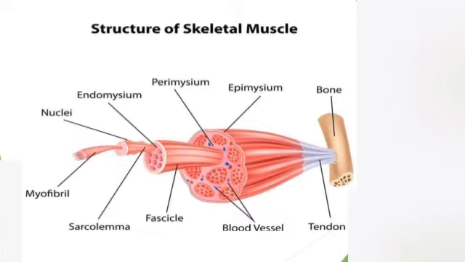When we talk about the myofibril, it is basically composed of two types of filaments known as myofilaments. Number 1, actin filaments, and number 2, myosin filaments. Each bundle of myofibrils is composed of collagen fibers and connective tissues as well. At the end of these collagen and connective tissues, tendons may form, and as we discussed, tendons are basically the attachment of muscles to the bone. Muscle to bone attachment is carried by tendons.